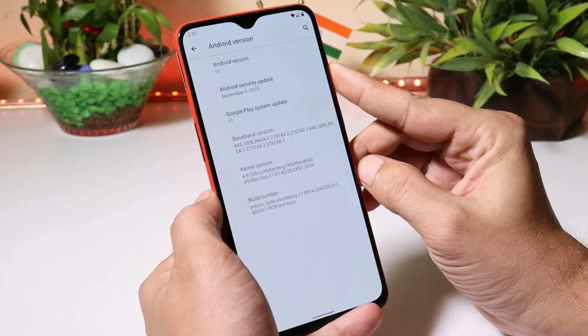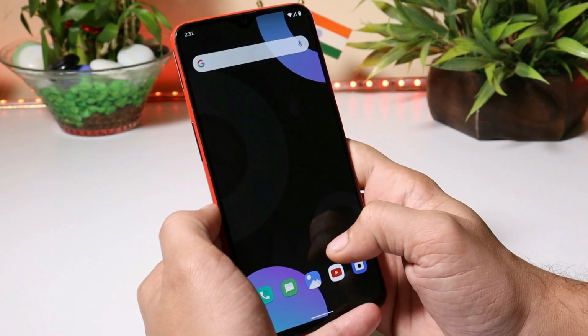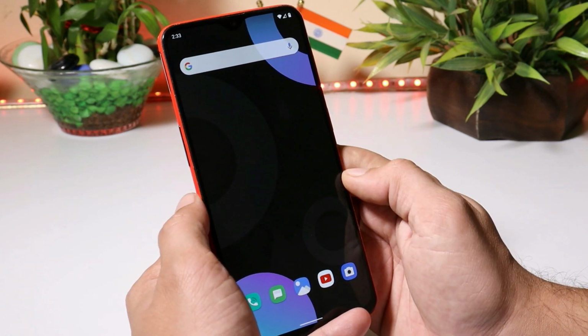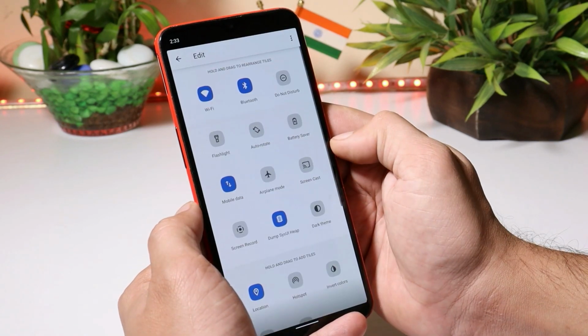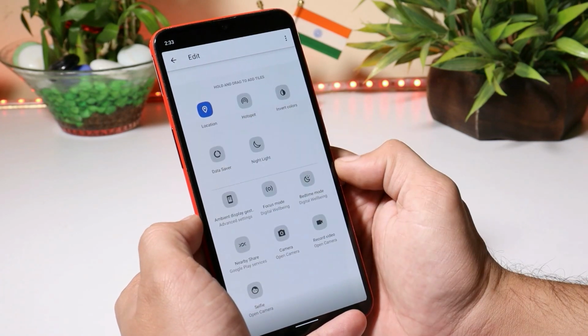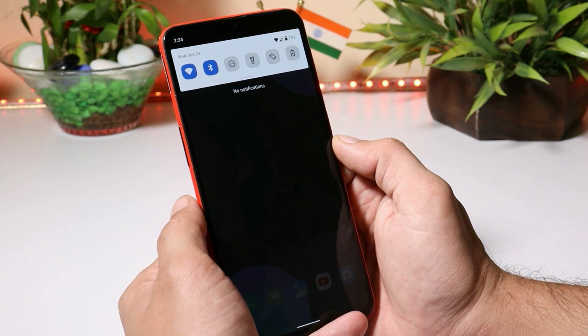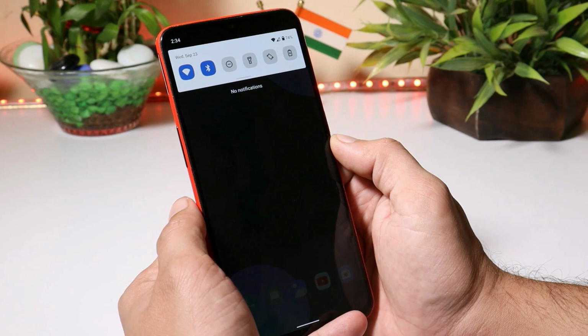So this is the software information where you can see the Android version is Android 11, and the security patch we get is 5th September 2020. And right now Android 11 builds are in alpha stage. So there are bugs here and there, which I'll be showing you in this video. On this custom ROM, we get Quick Step Launcher, which doesn't have much customization options. This is the quick setting panel where you get options like screen recorder, dark theme, always on display, bedtime, etc. There are a few minor bugs here and there, and it's a personal choice. If you want to have a taste of Android 11, you can right away install it on your device.